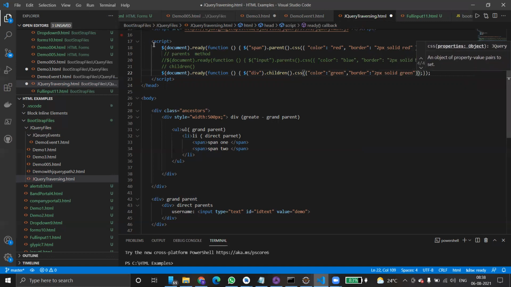I'm just commenting this also. So this method basically fetches and returns all the children elements and applies this styling.